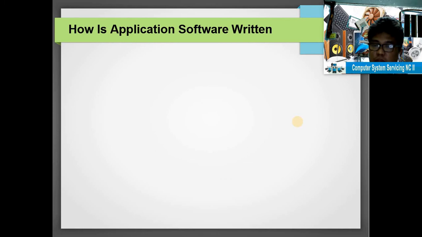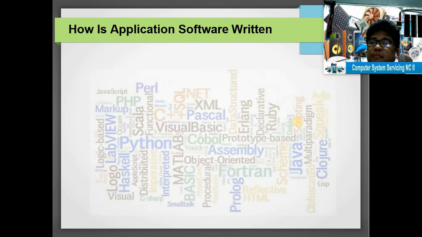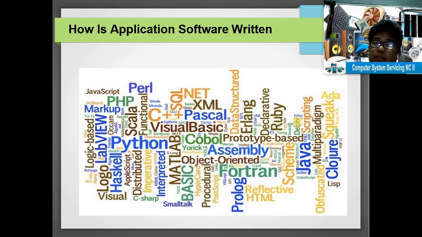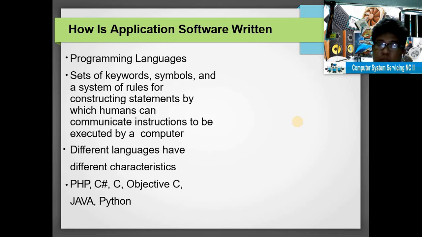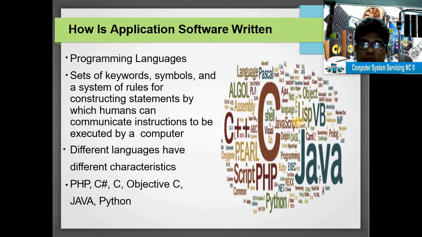Okay? So, how is application software written? Paano ba nagagawa itong application software? So, application software are written in programming languages, and we have a lot. XML, Pascal, Visual Basic, Assembly, Fortran, Java, Python, and Perl, PHP, etc. Okay, so programming language. So, again, there's a lot. Perl, C++, LISP, JavaScript, okay, Python, and then